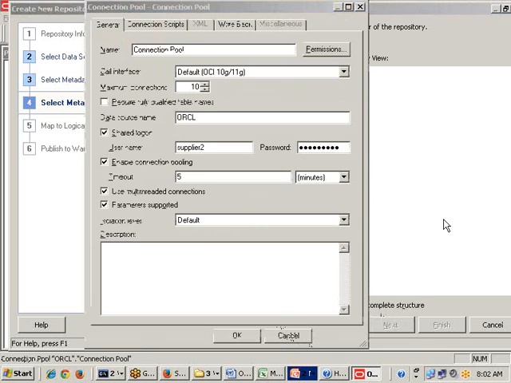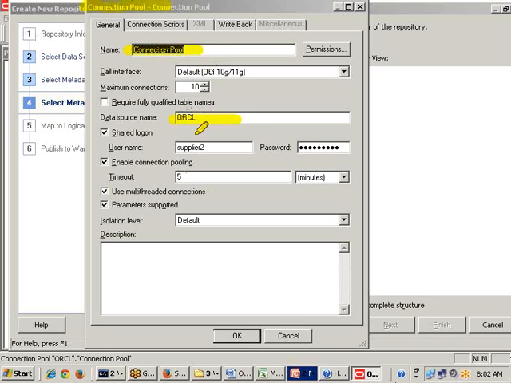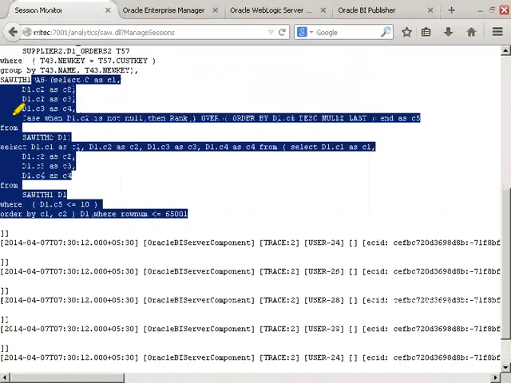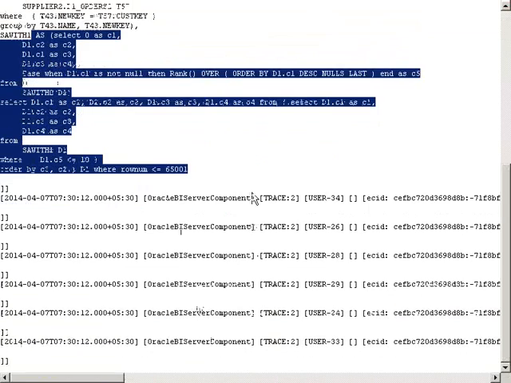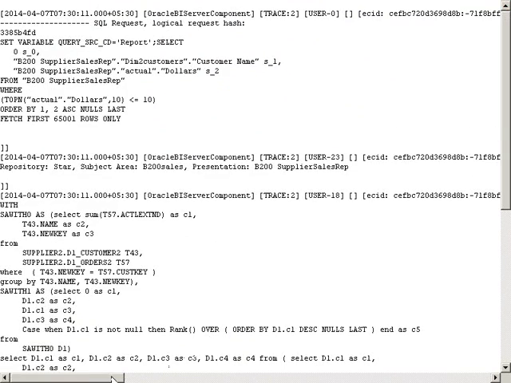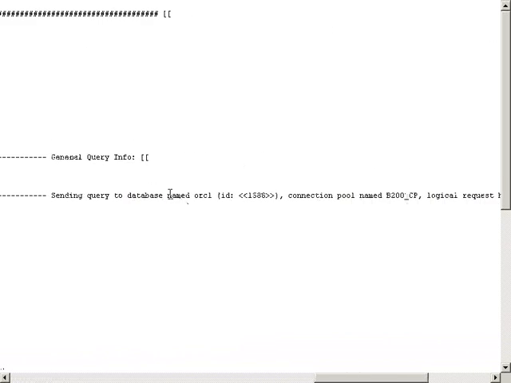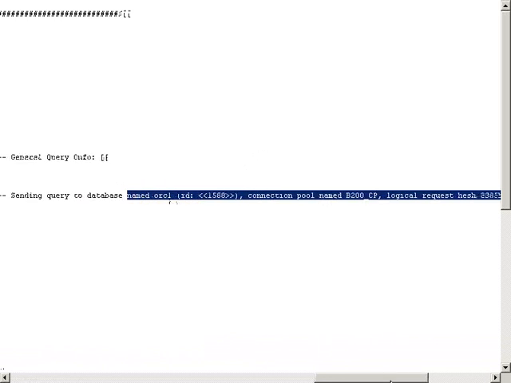Then one important object came here. That object is known as connection pool. What is the object, sir? Connection pool. Connection pool stores information. What is your database name? What is your username? What is the password? Previously I ran one report here, right? This SQL query is running, right? Yes or no, sir? This SQL query is running by sending the query to the database named ORCL by using the connection pool named